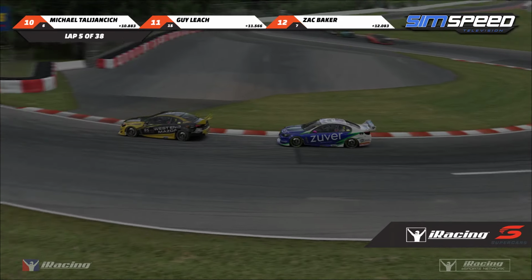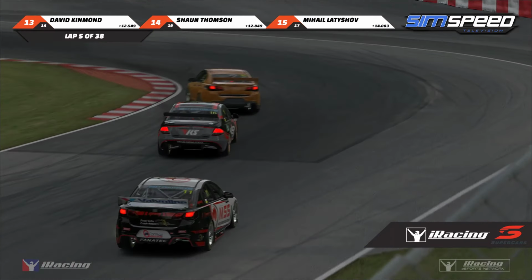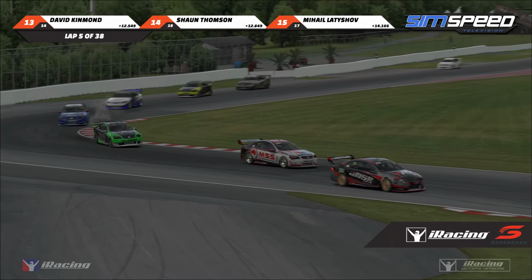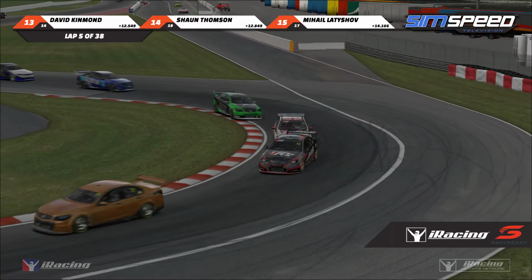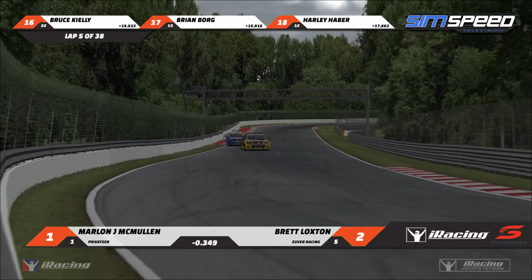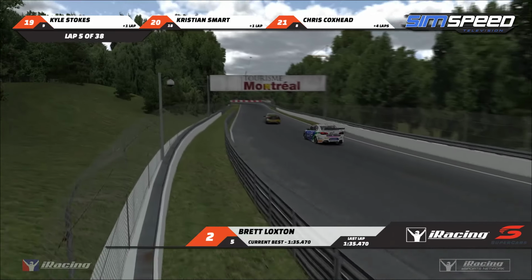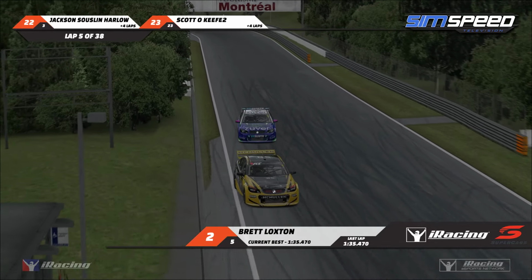I mean, Burton's clearly got massive pace in that car, and if you can just ride along behind him, that might be a chance to bring you up to the likes of McMullen and Loxton. Yeah, and it's going to take them a little while. Those guys have a fairly substantial lead now, but Brett Loxton has not lost any pace after that small mistake,